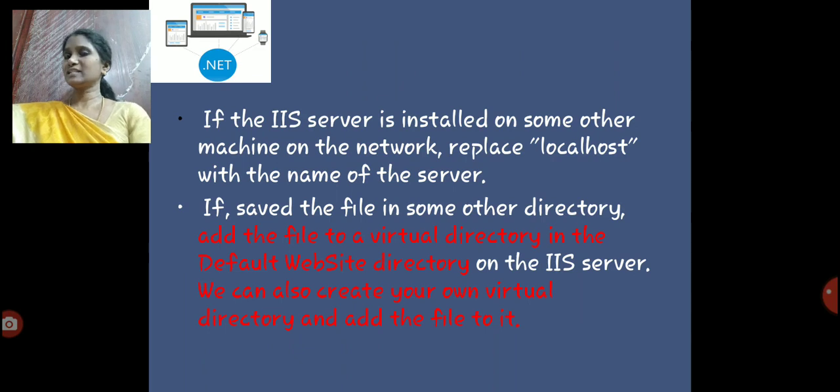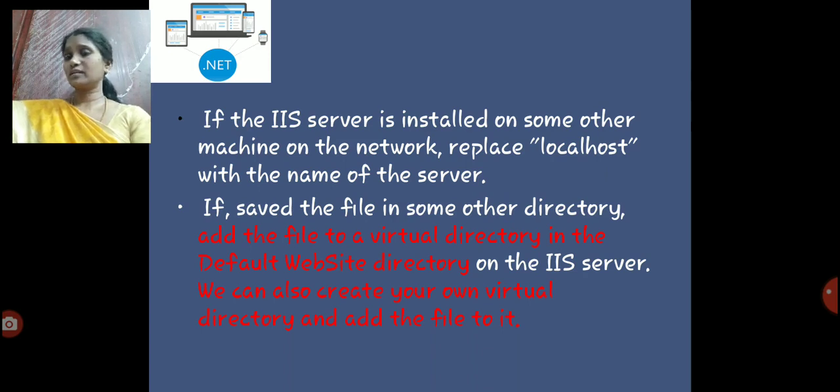If the IIS server is installed on some other machine, for example, if it is not a localhost, we have to replace localhost with the name of the machine or the name of the directory. By default it is http://localhost. If it is saved in some other network or some other directory, we have to give that directory's name. That's it, right? Then if we save the file in some other directory, for example, if it is not saved in the root directory, then